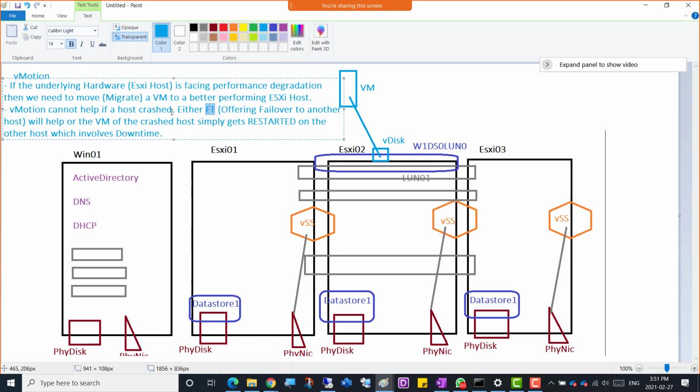So if a crash happens, for critical machines we normally configure FT, or fault tolerance, for just the critical machines,